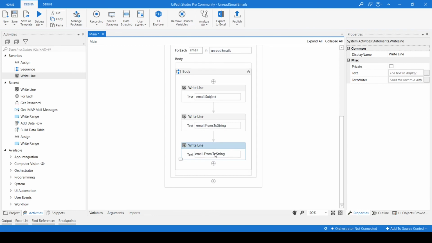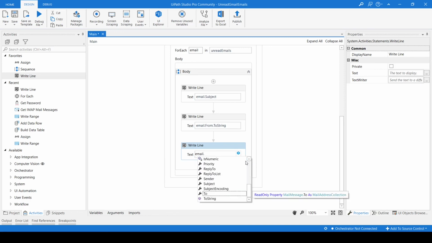We can also read date, but the date property we cannot get here. See, date is not coming. Time is also not coming. So how can we get date or time when we receive this? This value we can get from the headers.